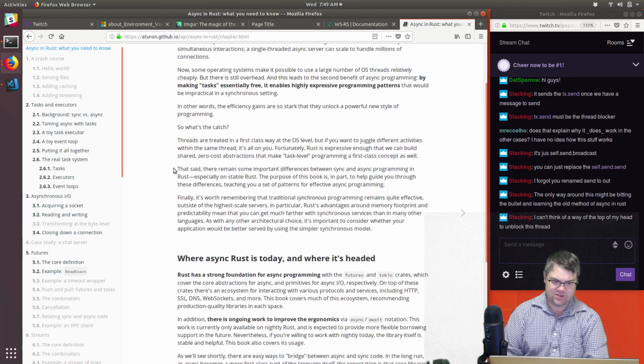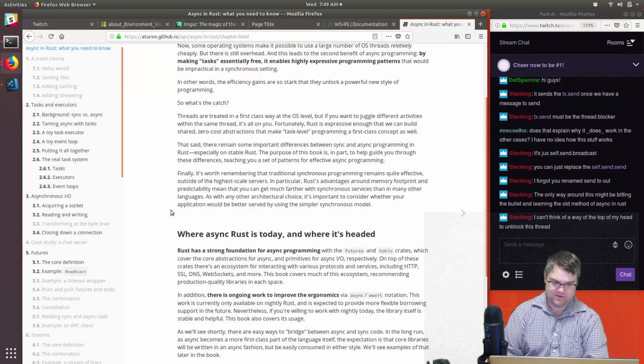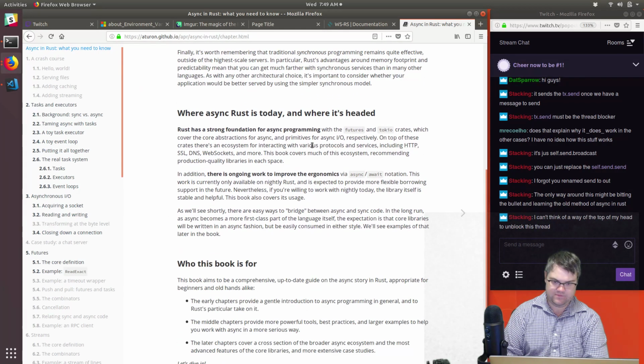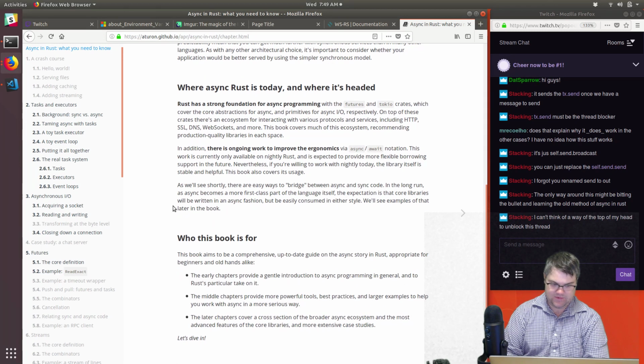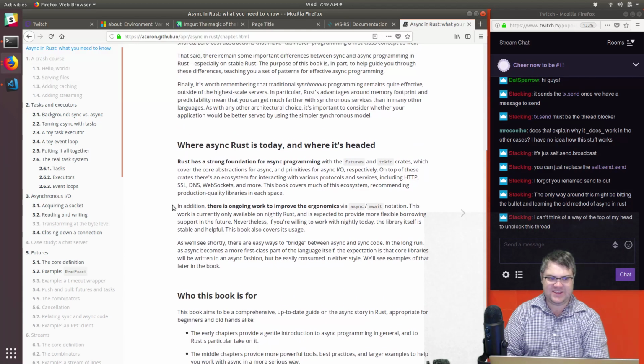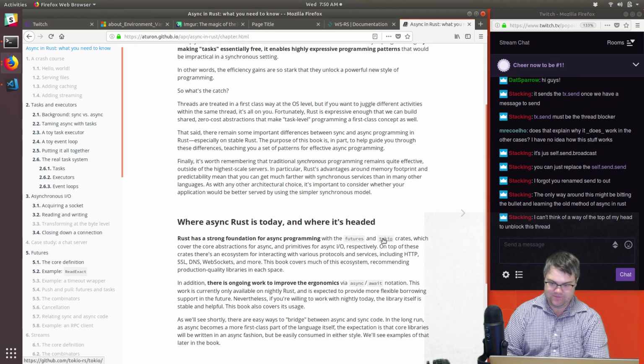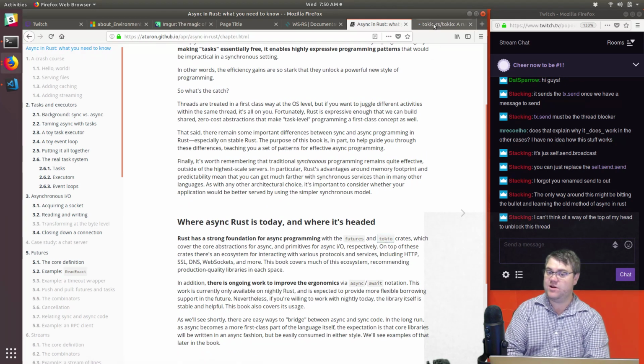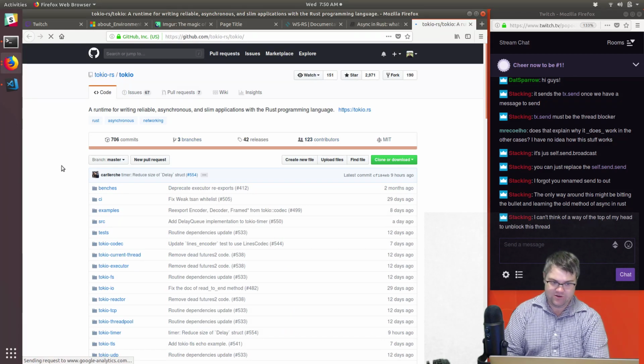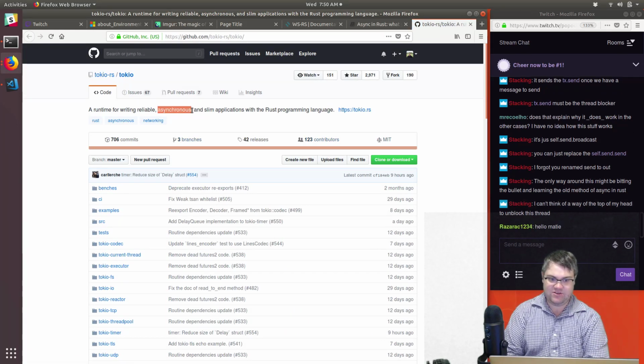Okay, so what's the catch? Threads. Rust has a strong foundation for async programming with the futures and Tokio crates. Oh, this is a full book. Async in Rust, a book. Oh, that's fun. But there is this. That's the reason why everybody is using Tokio, because it's a runtime for reliable, asynchronous, and slim